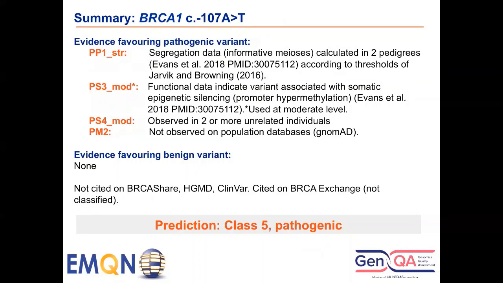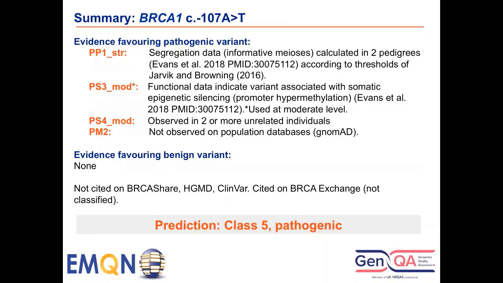So the evidence favouring it being a pathogenic variant, well, we can use the segregation data by counting up the informative meioses from the Evans et al. paper in those 2 families. And we've done that according to the thresholds and the methodology set out in Jarvik and Browning. And so using this model, you would disregard any non-affected heterozygotes where there's no reduced penetrance. So we end up with a segregation score of 1 in 16 for these 2 families, which would give us